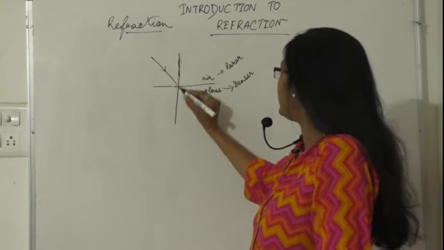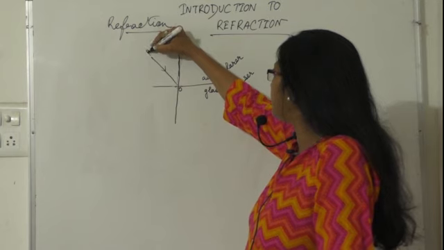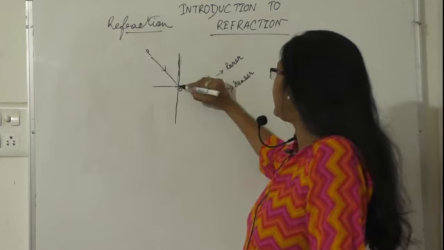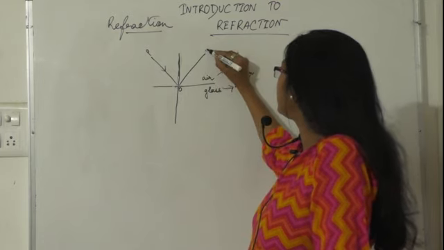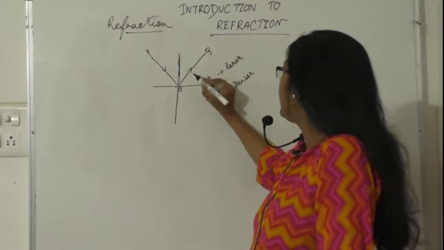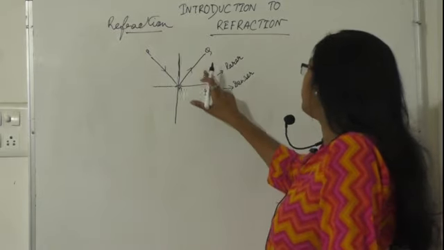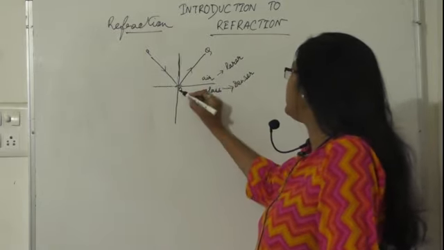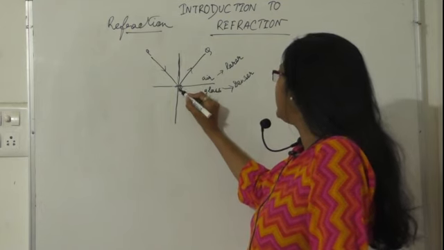This is light ray, this point is O, this is PO, okay, and it is reflected back as QO. But as it is traveling from one medium to another medium, one typical phenomenon will happen,